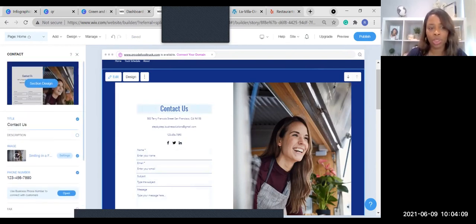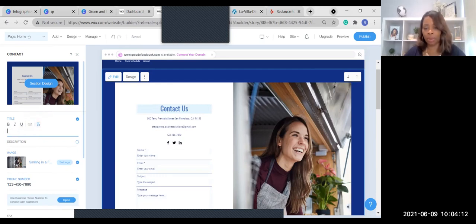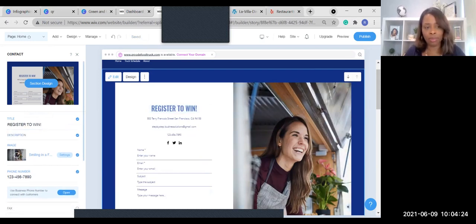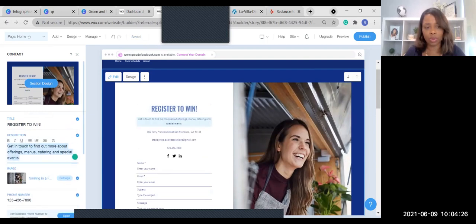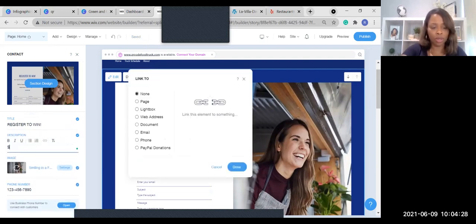Now, this is where you would change the information. So let's say, remember, we were giving away a gift certificate. So it would say something like register to win, right? And then in the description part underneath that, it might say a $25